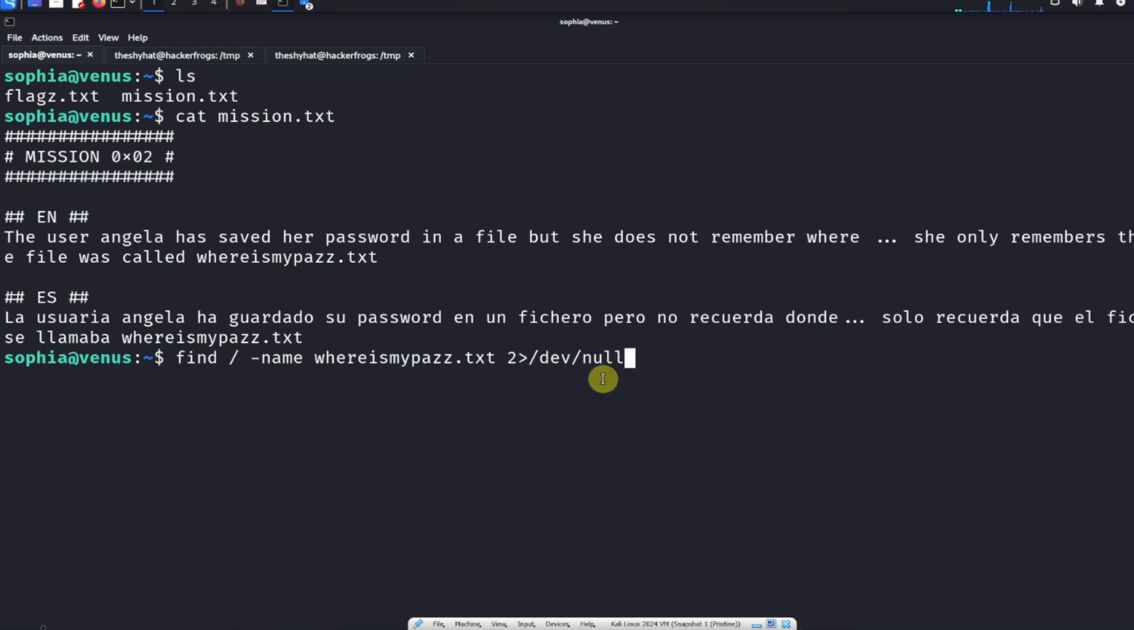So the reason we do this is because we're going to generate a lot of errors because there are a lot of files that we don't have access to on the system. And when we run the find command, it's going to give us an error message each time there's a file that we can't access. So we're going to include this part right here so we don't have to look at all those error messages. So when we run this command,